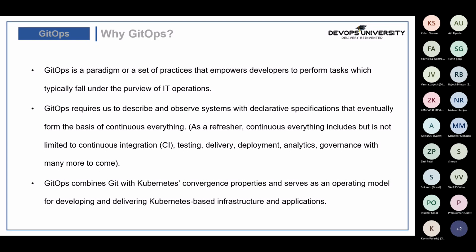When in DevOps we are talking about Jenkins, in GitOps we are talking about the Git CI/CD pipelines. I'm just using a generic Git CI/CD pipeline terminology because every tool uses its own terminology. For example, in GitHub, it's GitHub Actions. In Bitbucket, it's Bitbucket Pipelines. And in GitLab, it's GitLab CI/CD pipelines.